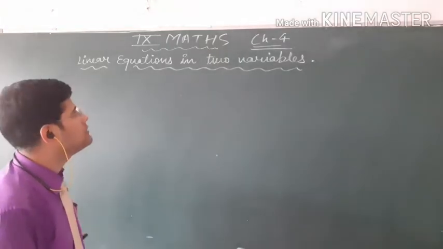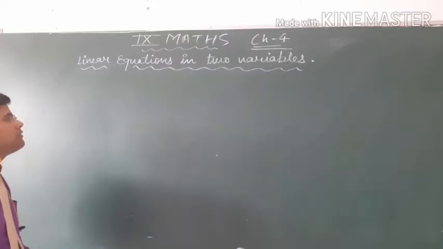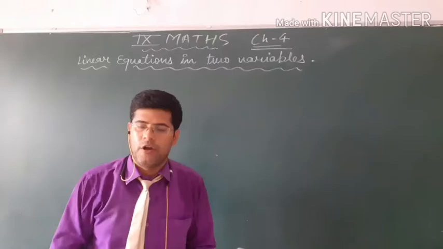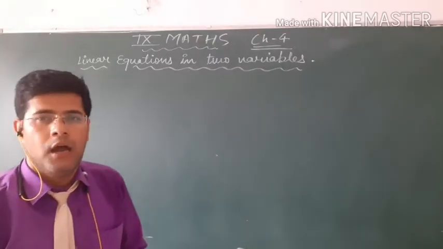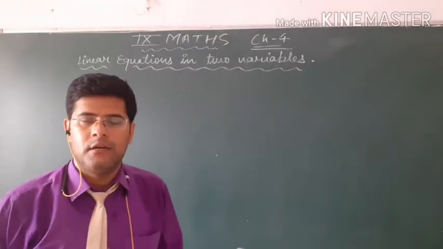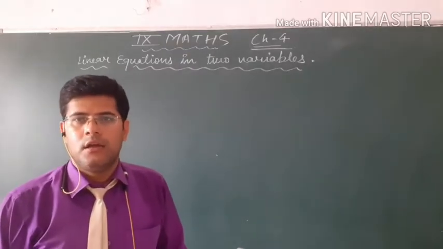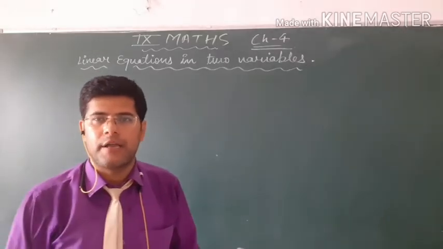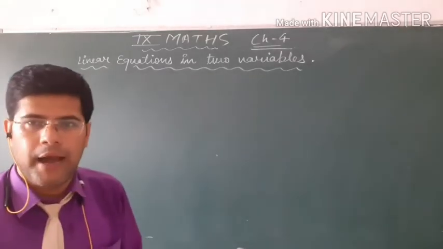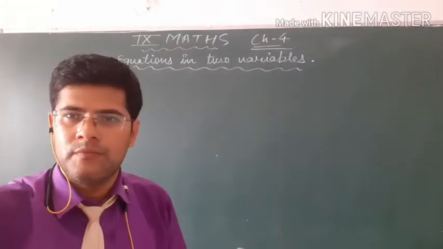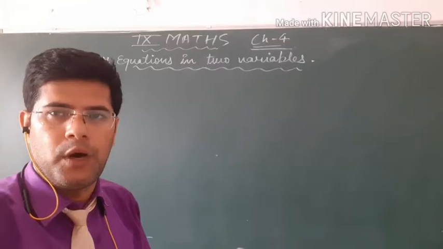We have already discussed in our chapter 4 what is linear equation in two variables, and we also discussed how we make the general form and how we write A, B and C after comparing any equation with the general form. It means I have completed the intro as well as exercise 4.1.